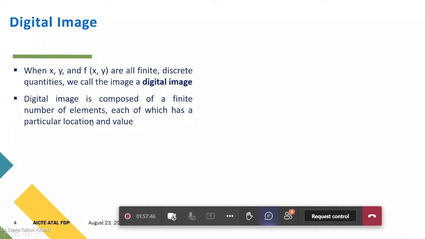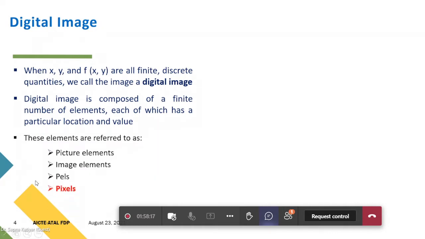A digital image consists of some picture elements, and in the very basic form you can define the image as a matrix. There are a number of rows and columns and various elements. In the same manner, an image has a collection of a finite number of elements, and each element used to describe the image, that is very important, is known as a picture element, image element, pels or pixels. Out of these four terms, pixel is the commonly used term, right?